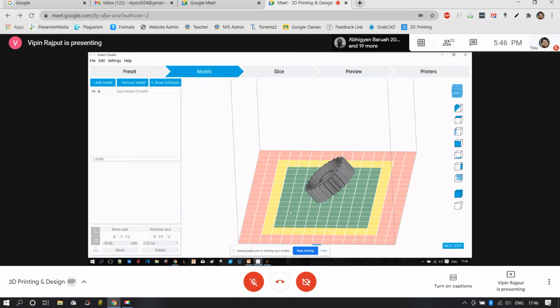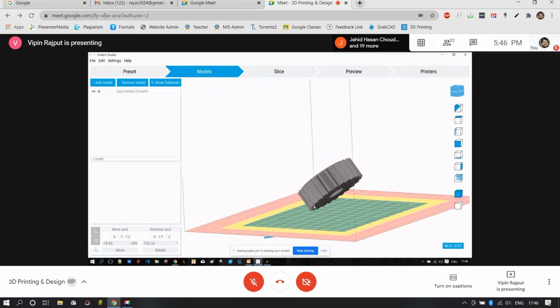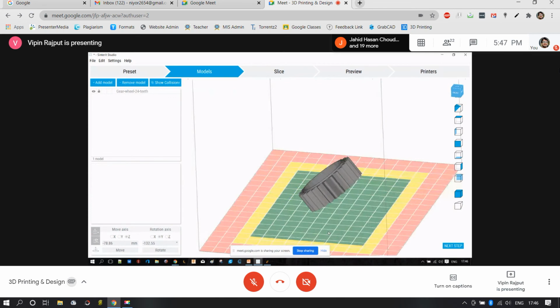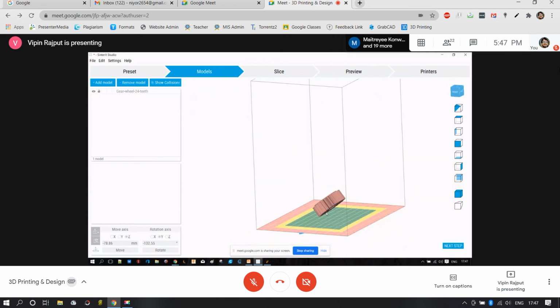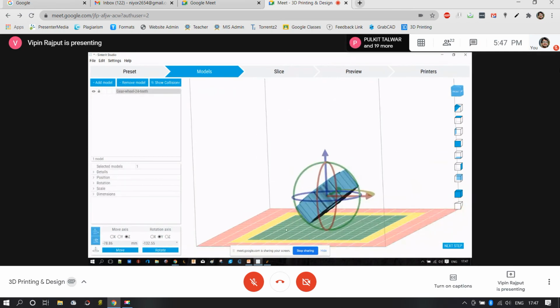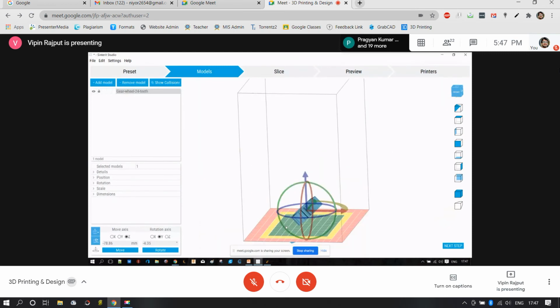The orientation is very simple. It is the same as we use in SLA. That means our flat model should not be kept parallel to the surface. Instead, it should be kept at an angle of nearly 40 to 60 degrees from the surface. Right now, the angle, I'm not very sure, but let's say this may be the angle. Okay, and now the model is on the platform.